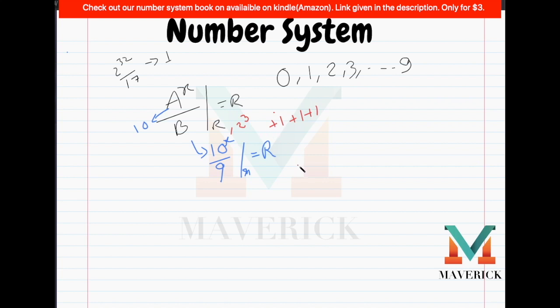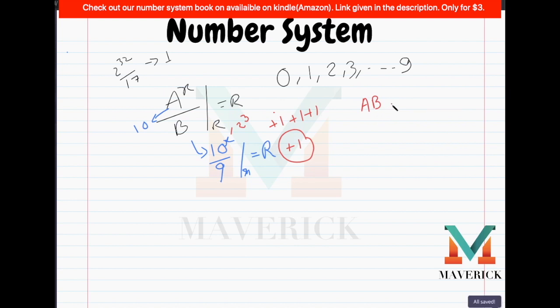That is, I can express this in words. 10 raised to x means, how will I write? Any power of 10. That is why I am keeping it as x. Any power of 10 divided by 9, remainder is fixed at 1. This is how we can use it in divisibility rules, and it is very simple. That's why if you have a 2-digit number, let's say AB, a 2-digit number AB can be written as